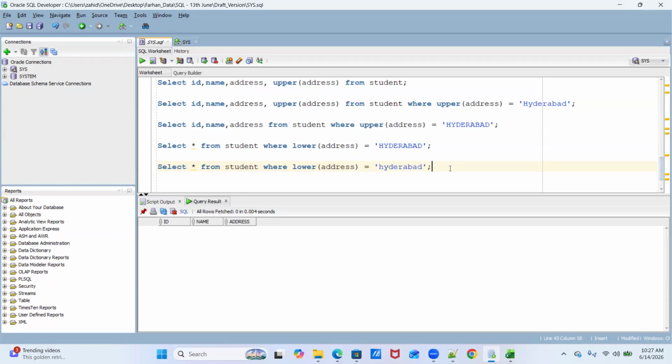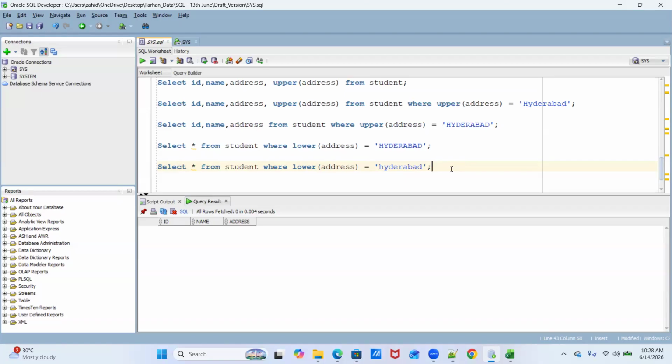Now we have applied a keyword called lower to the address, which means we are asking that address to convert into lowercase. The third one is equal to Hyderabad. So we are converting the address column to lowercase, then trying to get the matching records in the column.